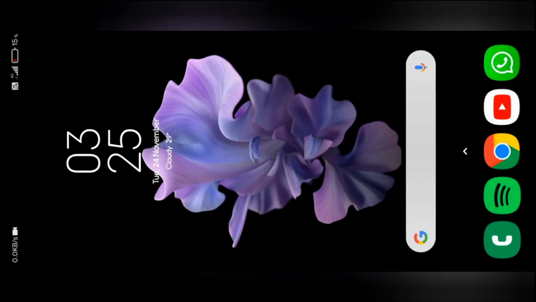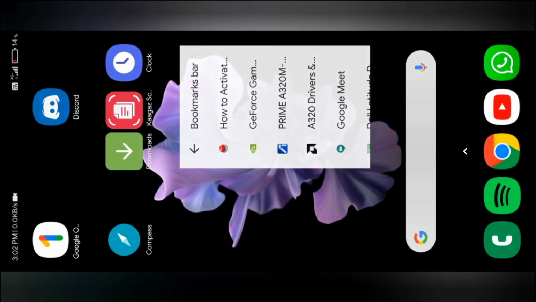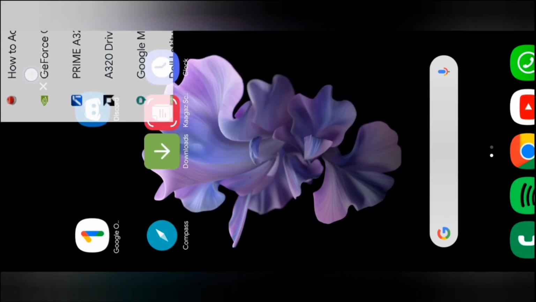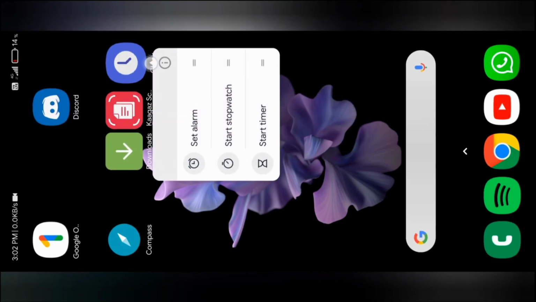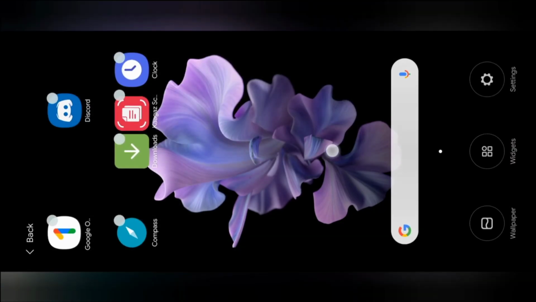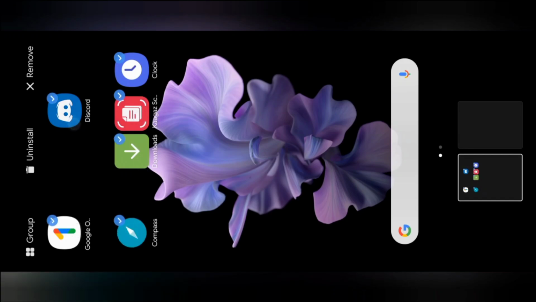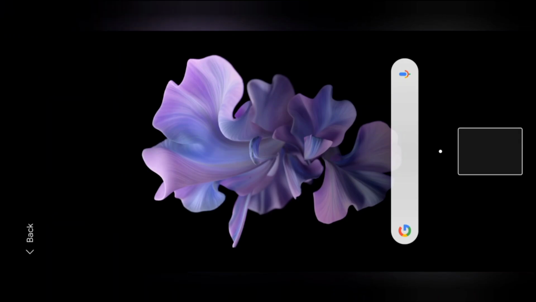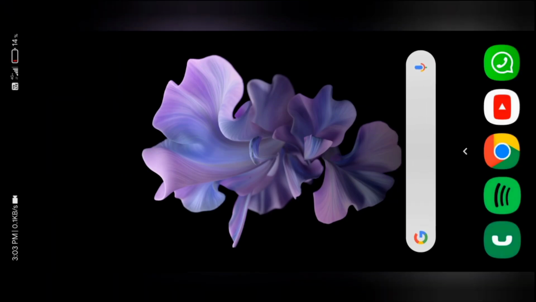So let's get started. The first thing you will ever want to do is clear up your home screen from these widgets and apps which you don't need or you don't use often. So what I'll do is remove the widgets like the Chrome bar and all these apps. The thing you should do is hold down and delete these from the home screen. This helps the most. And let's get to the second part.